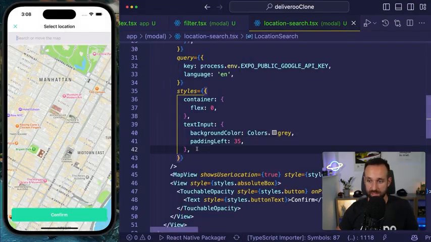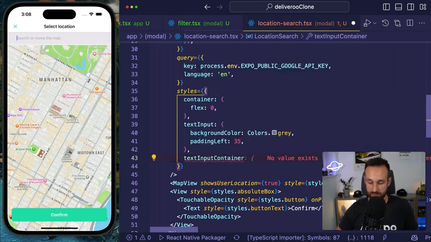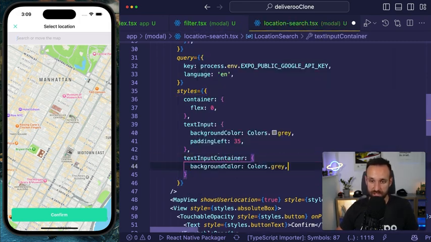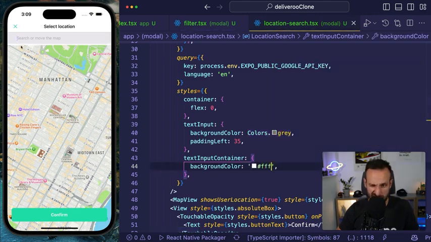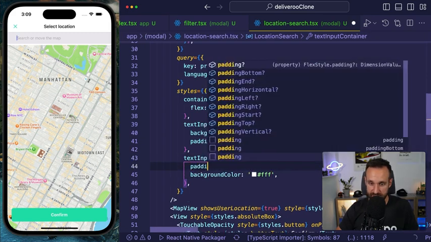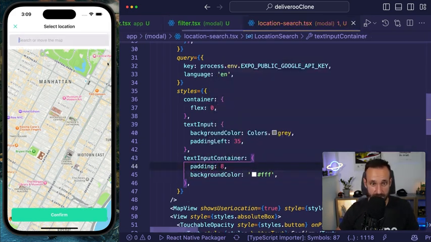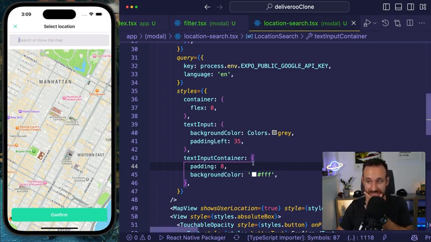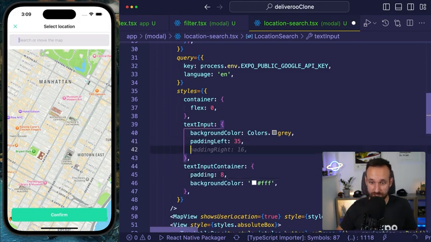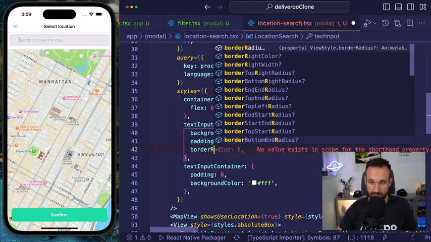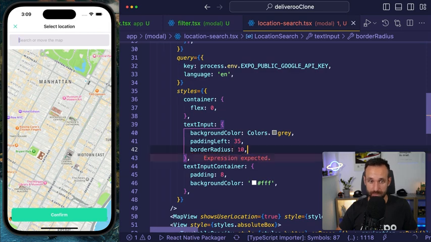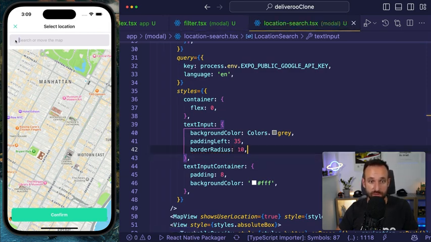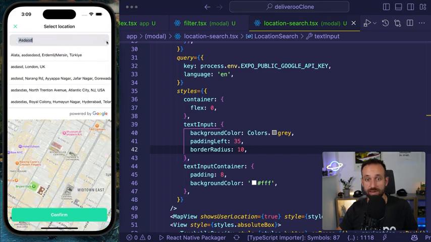Therefore, let's go back here and let's also add text input container styling. That one will actually get a white background. Okay, so we see it already shows up a line. And if I now add padding, I think, yeah, we make it stand out. That looks better. Good, nice. Also, that field should have a border radius of, let's say, 10. Okay, we're pretty close. We also have the intentional padding left here, so we can render an icon at that